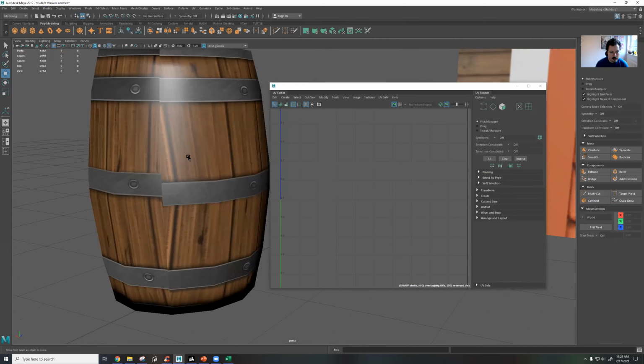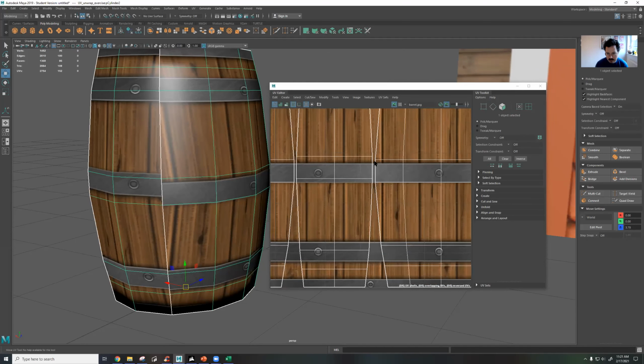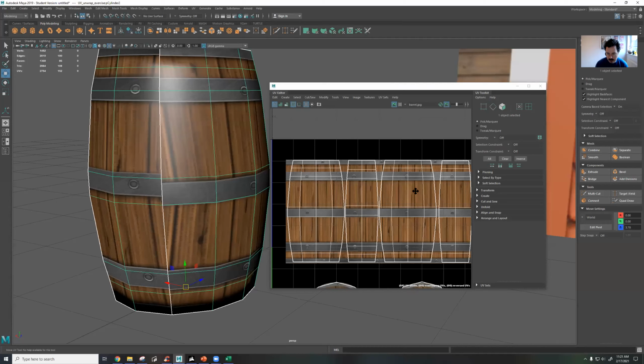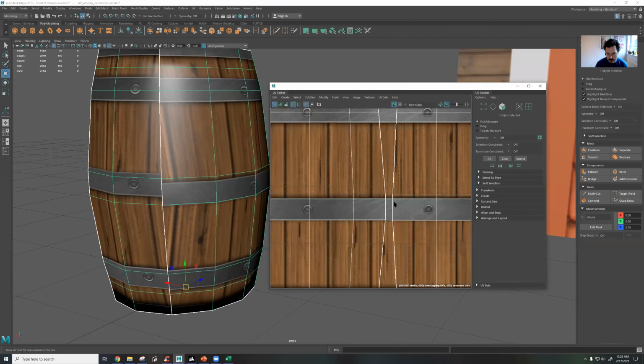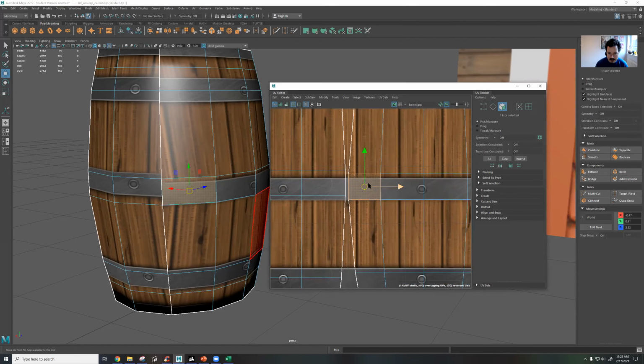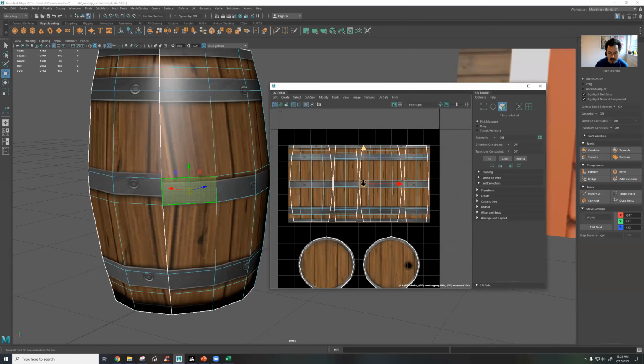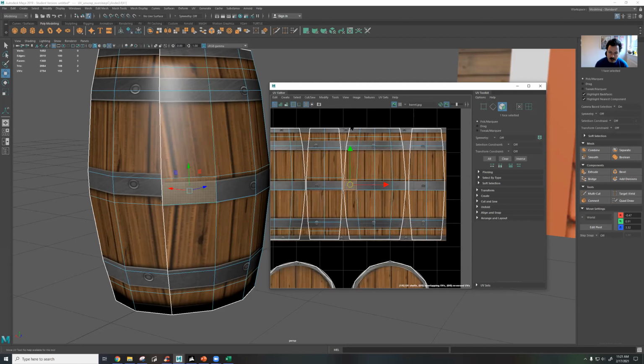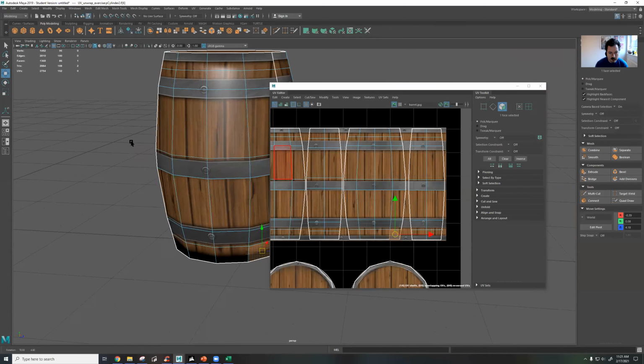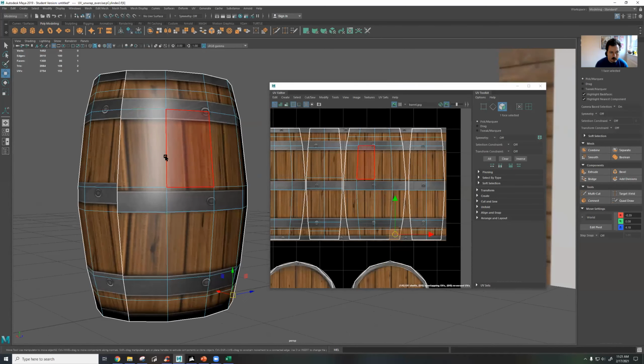That is being caused by these small splits between the wood where it is unwrapped a certain way. If I look at where these pieces are, I can select them on the model. It's right here. I can see that this polygon and this polygon are not aligned the way that I would want them, so I have a couple options. I think in this case it might have even flipped them. If I check something, yeah, the top piece here is actually being mapped to the bottom, in which case I could just get away with flipping it